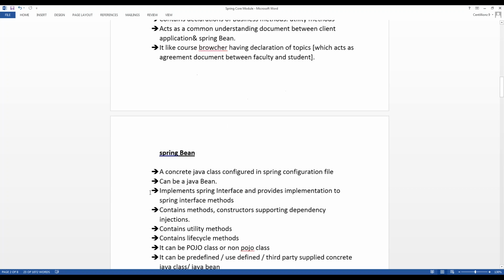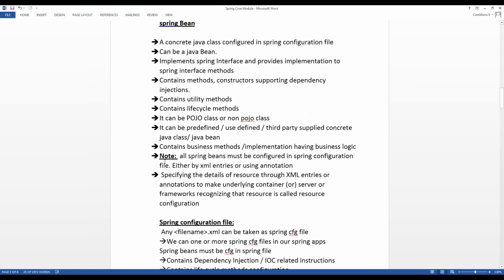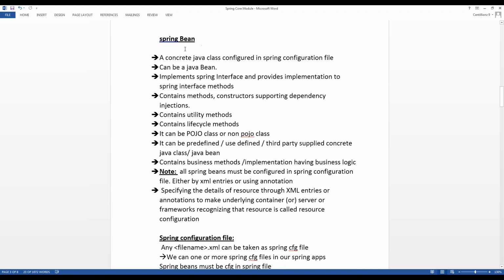Okay, and one more thing we have to know about is the Spring Bean. What is a bean? A bean is a class, but a Spring Bean is a concrete Java class configured in the Spring configuration file, and it can be a Java bean, and implements the Spring interface and provides the implementation to the Spring interface methods.